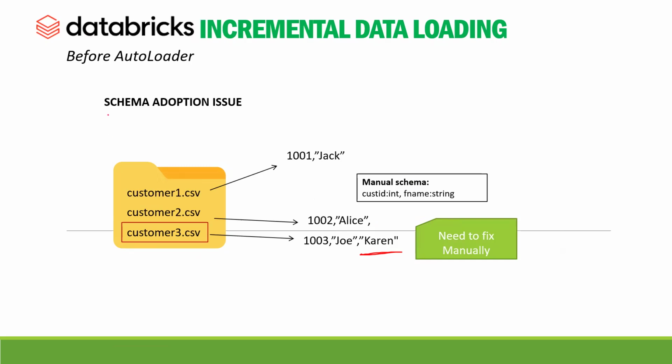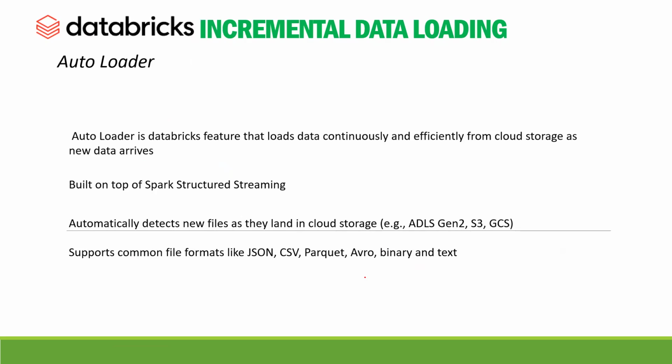So if we just go with Spark structured streaming, we have to take care of these schema changes manually, which is again not advised in production. That's where we have the Autoloader feature offered by Databricks. It is a feature built on top of Spark structured streaming, and whatever developers earlier used to do manually, such as listing the files, handling schema changes, or getting notifications whenever files landed onto the folder,